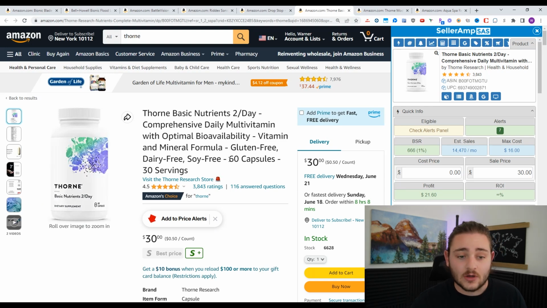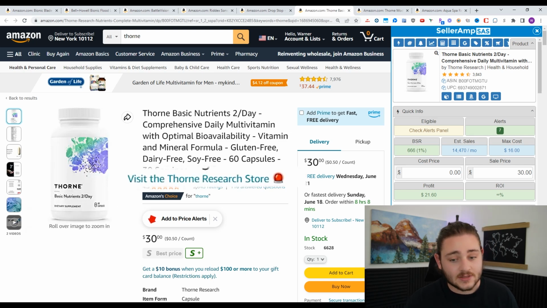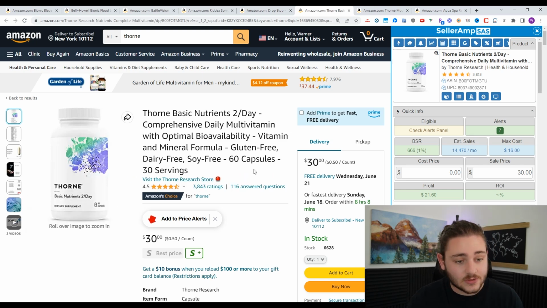So something that I would also suggest for you guys, especially if you're a newer seller, is to get something like IP Alert right here. So that's this red siren. It's warning me that Thorn Research is a brand that has been a notorious IP complainer. They've given IP complaints to other sellers. And this kind of siren here is warning me that, hey, other Amazon sellers have run into issues with this brand. So if you guys are new to Amazon, especially, and don't know what to look out for on these listings,